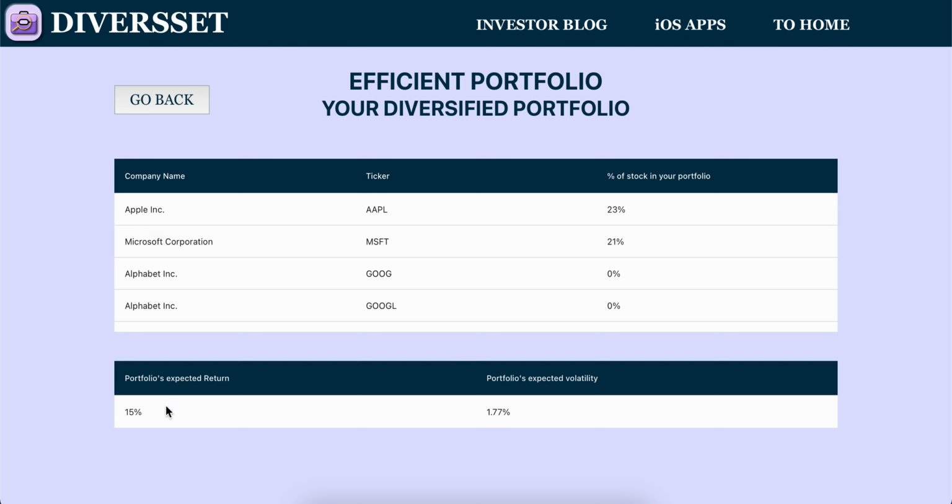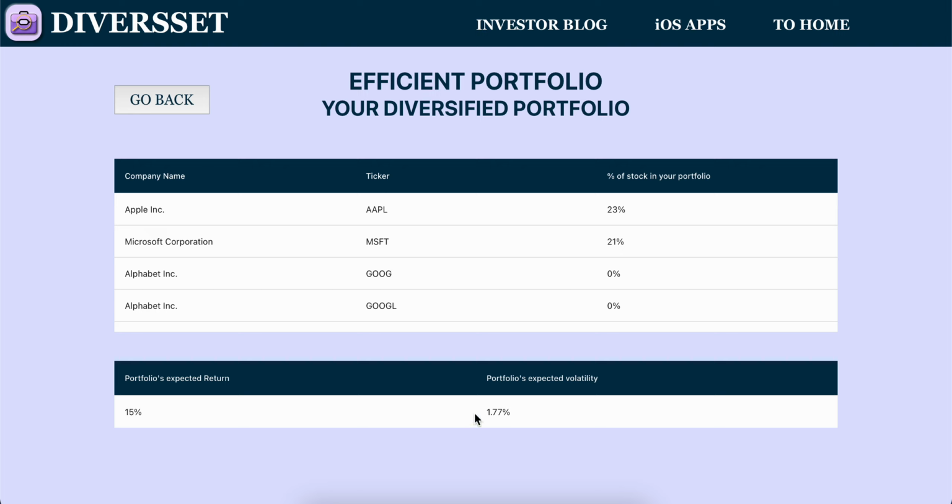Sometimes the application is not able to build the portfolio with your indicated return because some stocks are riskier, more volatile because of the market conditions. The application will try to optimize your portfolio so that the assets allocated here will generate the lowest possible portfolio risk given your return, or if it is not able to lower the risk given your return, the application will be changing this expected return and you would be able to see another number. But in this example, application was able to build a portfolio with our expected return 15%, and it